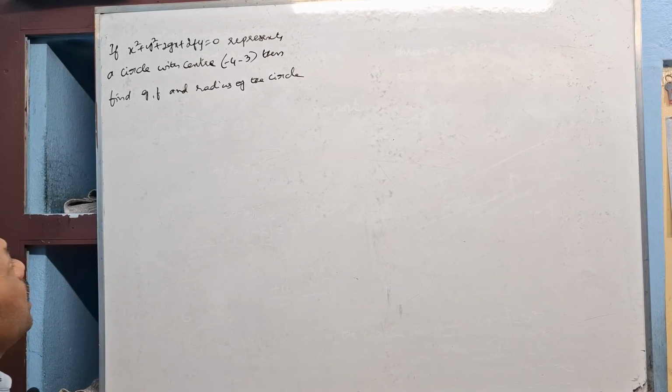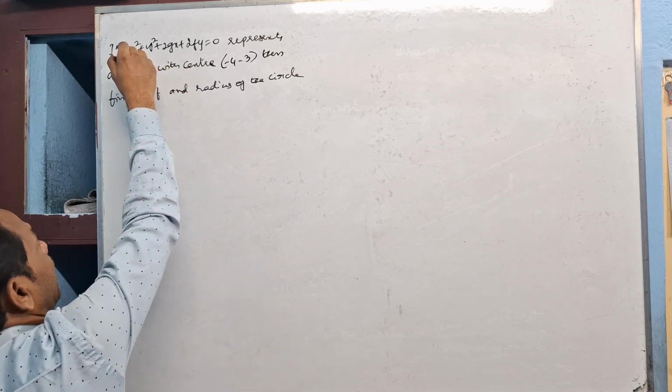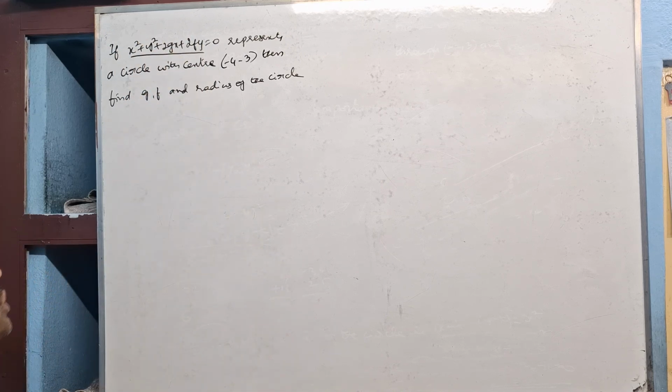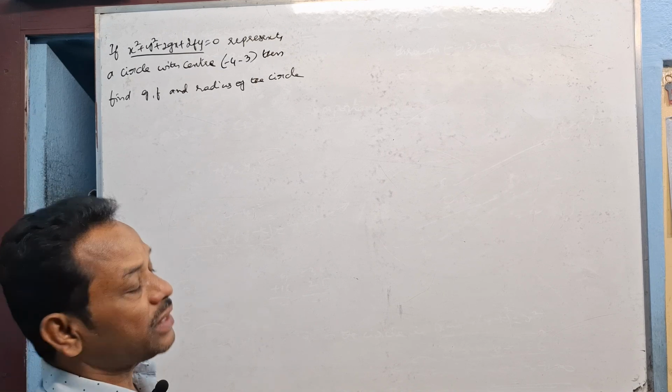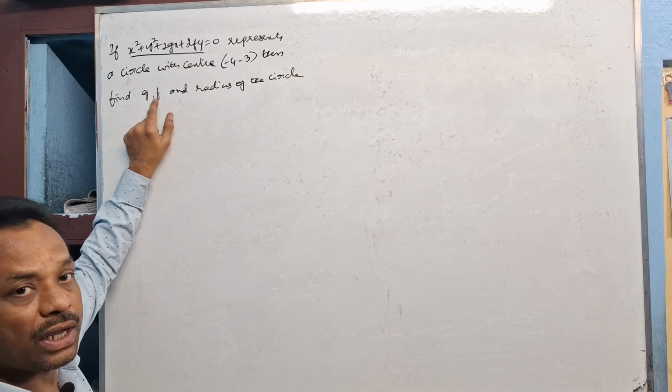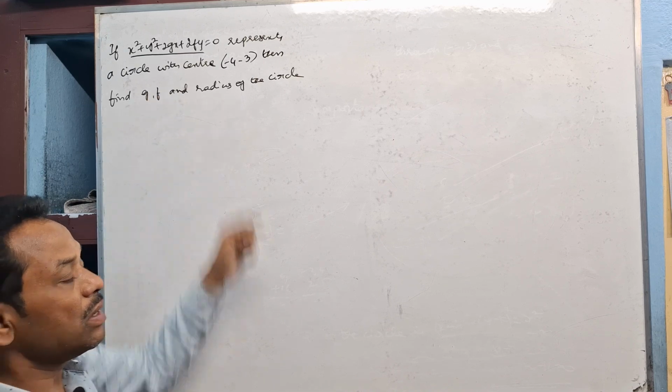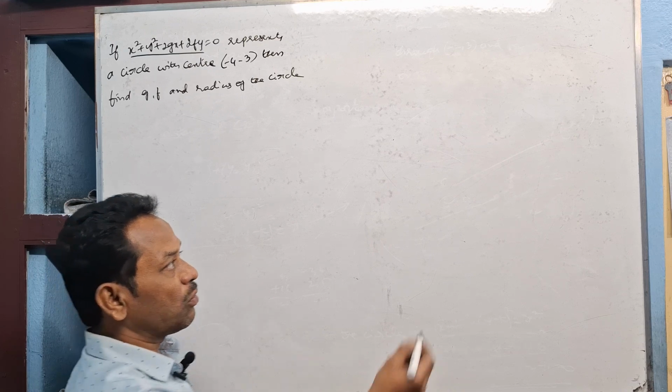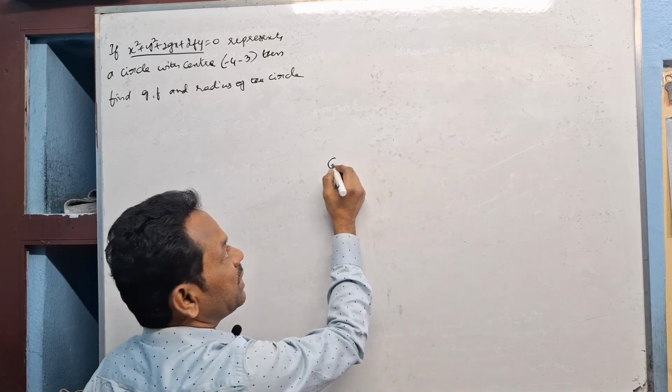Bacho, in this question it is given that x square plus y square plus 2gx plus 2fy equal to 0 represents a circle with center (-4, -3). So we need to find g, f, and also the radius of the circle. Now before that, make a note of this. The general form